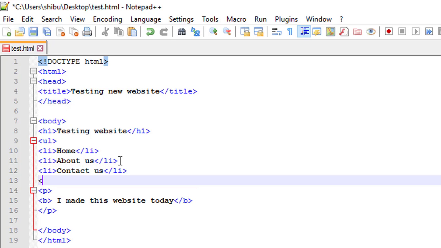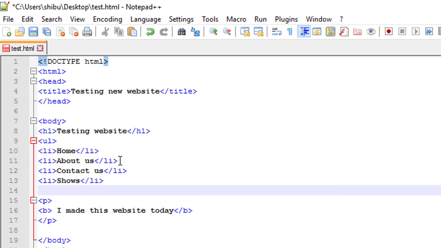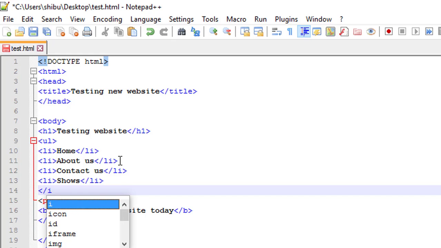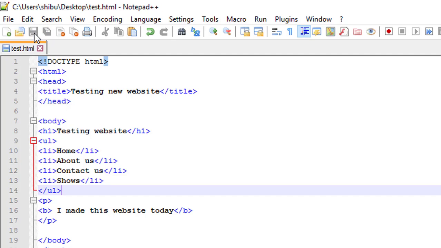And another li could be shows, like a movie site or whatever. Okay, and make sure you end the UL. This is the end of the menu. So now if you save this and run,